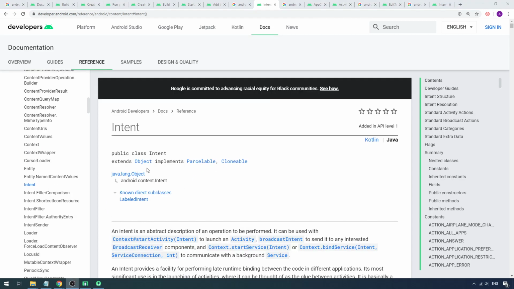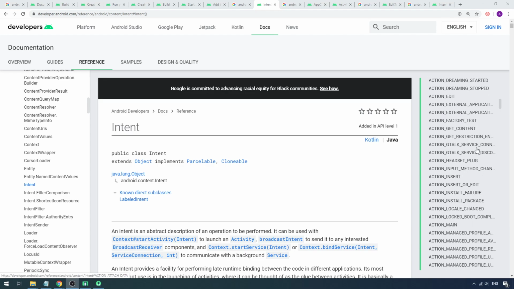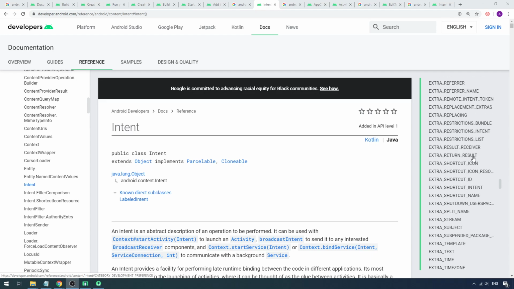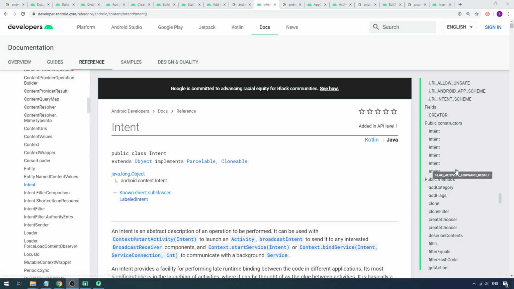You can see that it's coming from the package android.content, and on the right hand side it talks about the summary of constants, etc. So I'm scrolling down until I go to the Constructors section, right? Then you can see public constructors. If I click on this, you can see that there are multiple constructors.